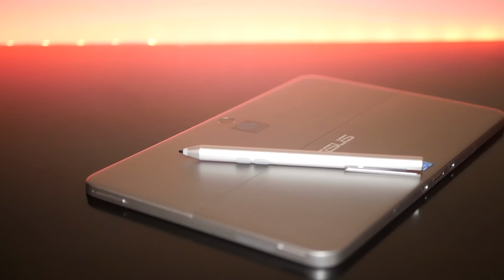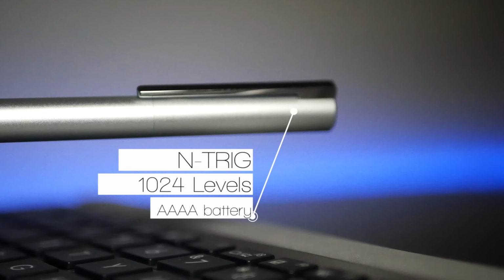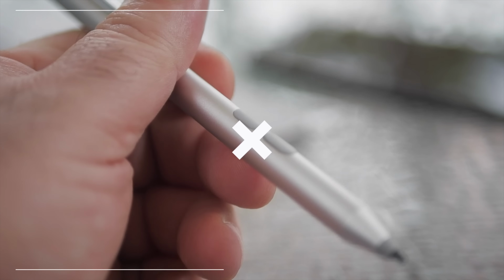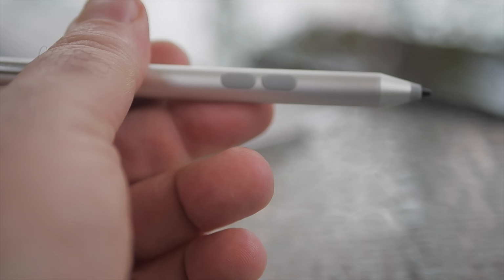Also included in the box is the stylus. Now, the stylus does use the N-Trig technology as you would find on the Surface Pen. It has 1024 levels of pressure sensitivity and uses one quadruple A battery, which Asus says will last about 10 months. The stylus has two buttons, a write button and an eraser button, and it has good palm rejection